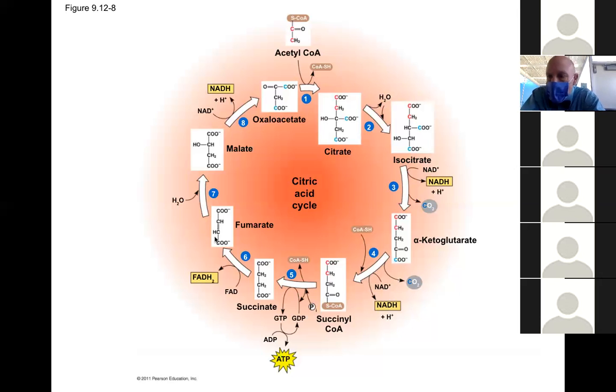Now, the interesting thing about this cycle is you end up at the exact same spot that you started. As long as you continue to feed acetyl coenzyme A into this cycle, you can keep this thing going. But the cool part about this is the product, the last step here, is the beginning of the next step. As long as you keep eating glucose, you'll continue to make NADHs, you'll continue to make FADH2s, and you'll continue